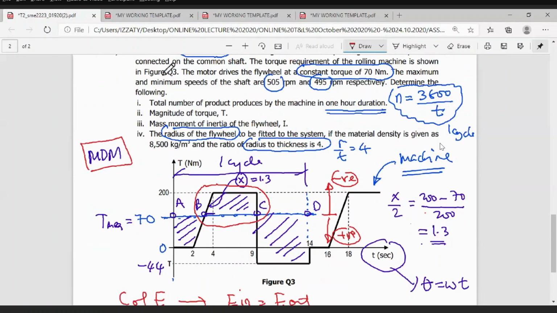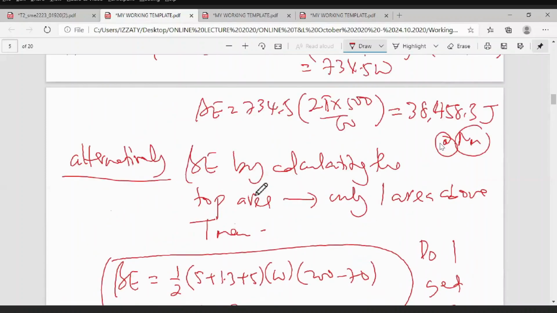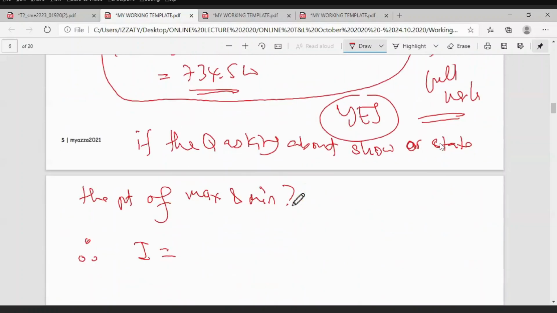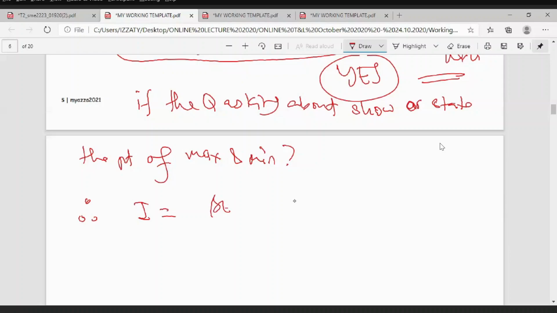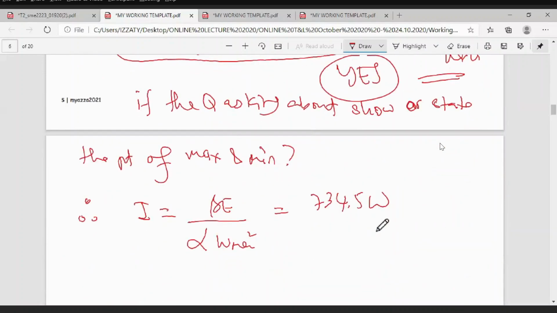Calculating I now. So therefore, my I now is equal to, I already calculated here, E max, E min, alpha, omega mean square. Put it here, beta E divided by alpha, omega mean power of 2, which we calculated as 734.5 omega, if I'm not mistaken. Am I correct? Yes, 734.5 omega. Then you divide by 0.7